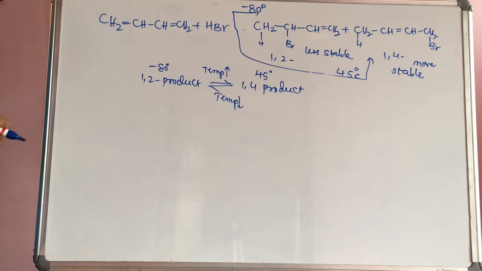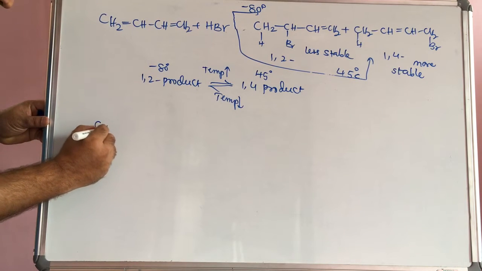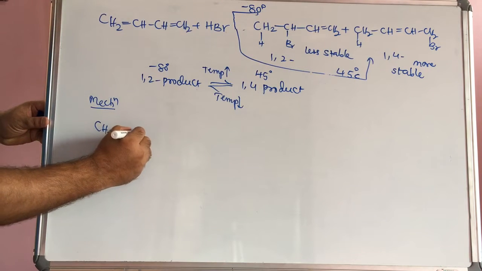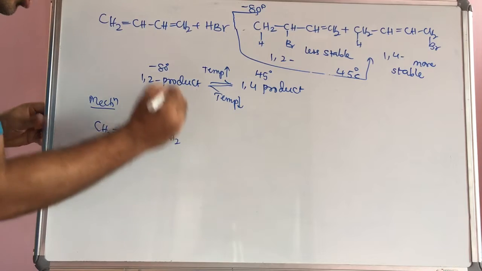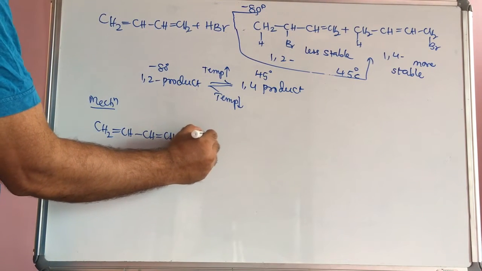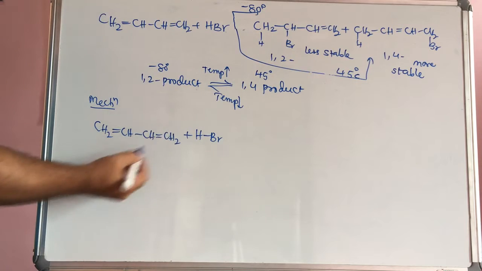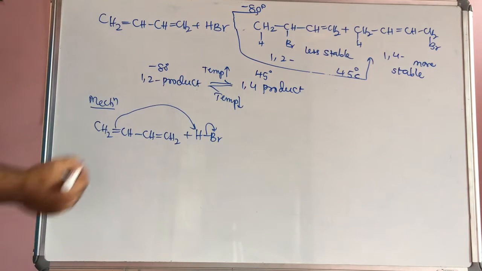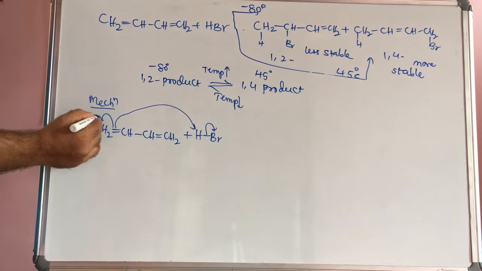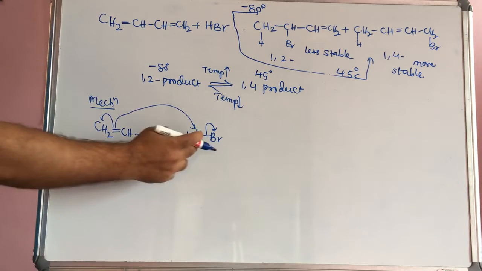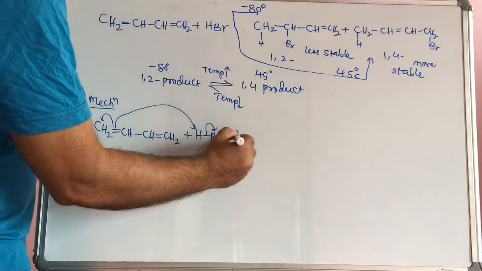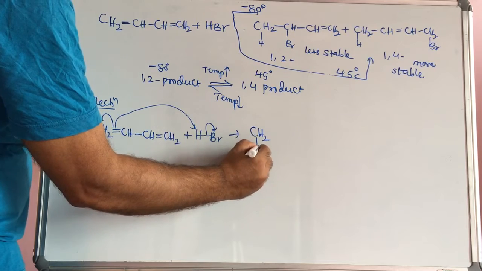What is the exact mechanism of this 1,2 and 1,4 product? Now I am discussing the mechanism. CH2=CH-CH=CH2 reacts with the HBr. Generally this HBr bond will take the H plus, and this will be converted into Br minus. Actually this bond moves here, this negative charge takes this H plus, but in general we will represent like this only. H will be added to this first carbon, then we will get here CH2, here hydrogen is added,